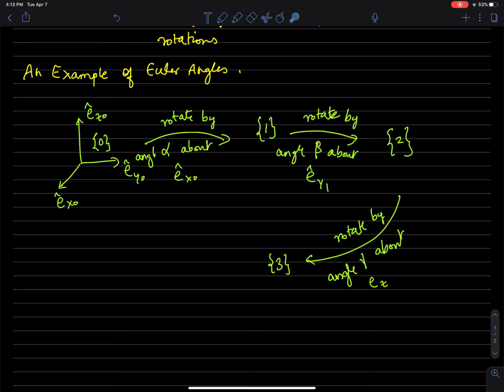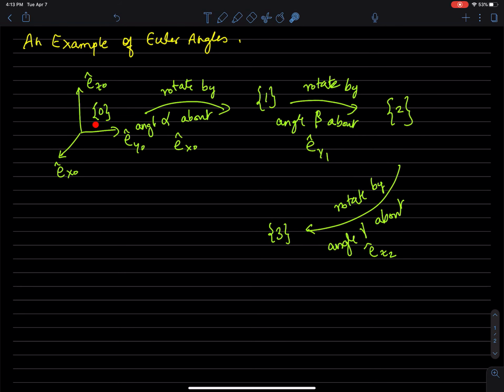In other words, the y-axis of this frame. And then here we want to rotate by the z-axis of this frame. So we are going from frame 1 to frame 2 by rotating about the y-axis of this transformed frame. And then we are going from 2 to 3 by rotating by angle gamma